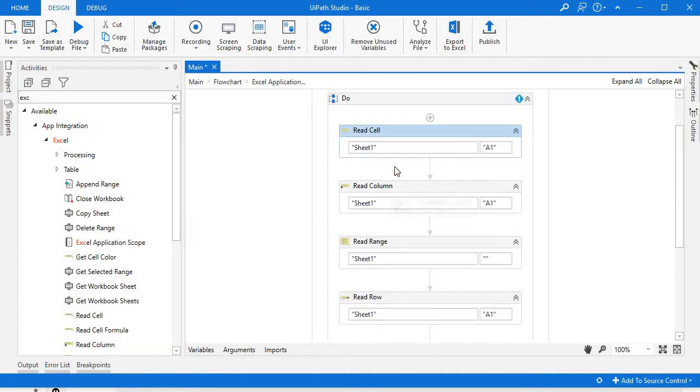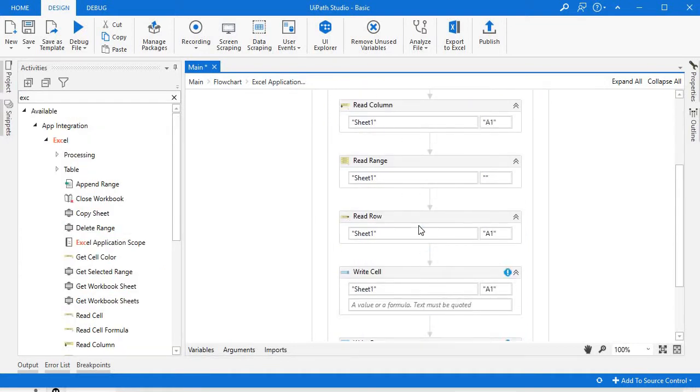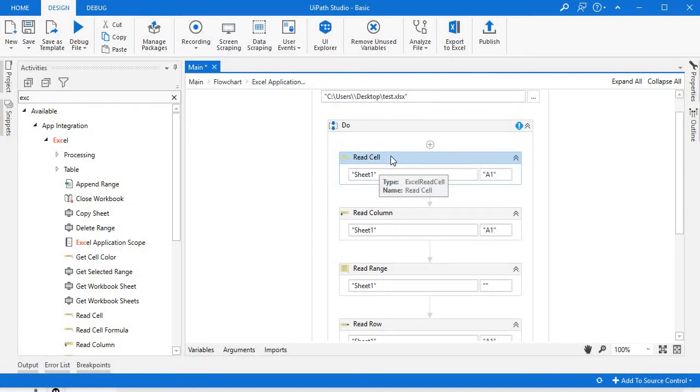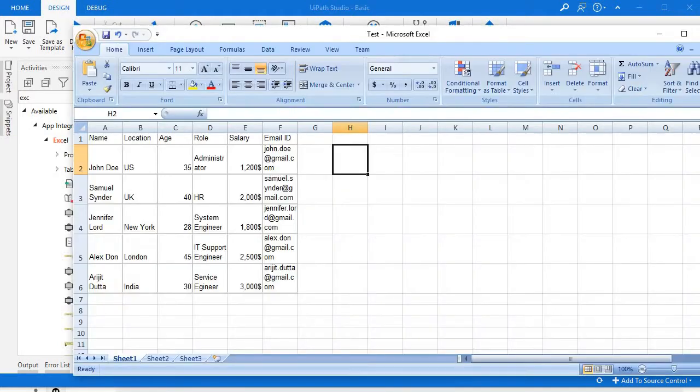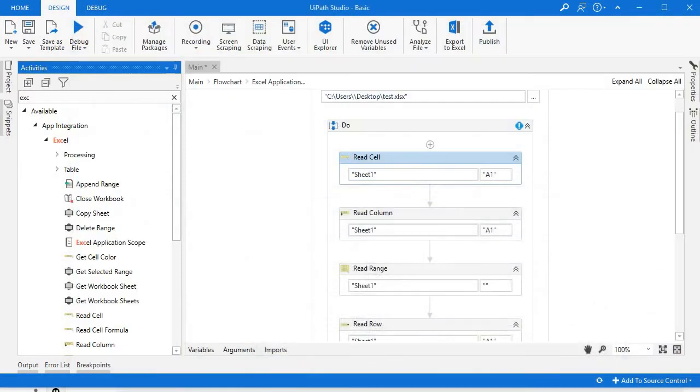So what is the difference between these activities? Read cell will read a particular piece of data from a cell of the Excel sheet. Here we need to give the sheet name, that is Sheet1. For me, this is Sheet1.